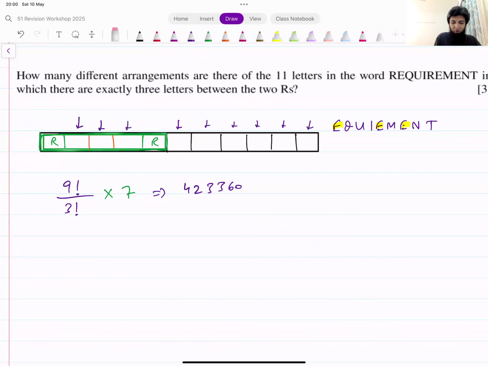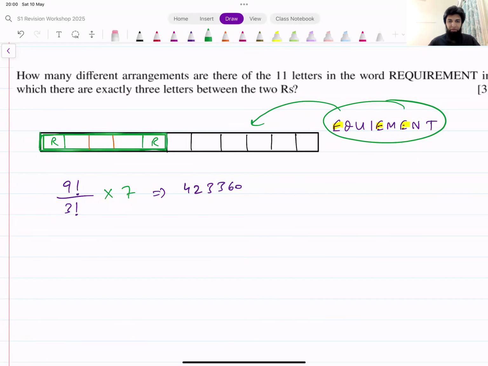So for now, all we have done is we have arranged the letters inside the empty boxes. We have arranged these 9 letters in these 9 boxes. That's this 9 factorial divided by 3 factorial because of the 3 E's that we had there. But then